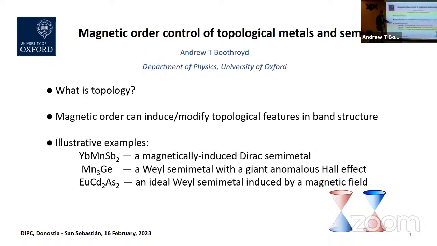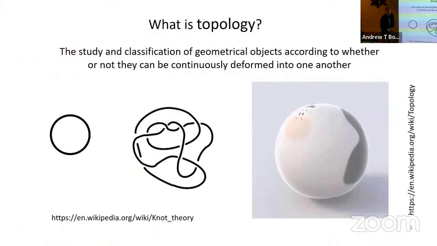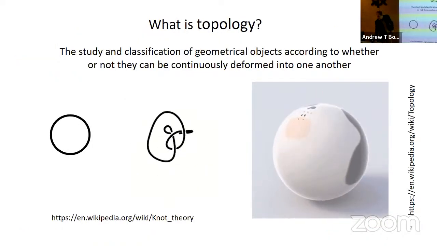Yeah, so I shall speak about these materials here, which are all different real-world compounds that exhibit different types of magnetic order, which couples to the electronic topology, and I shall explain how the magnetic order couples. So just to set the scene,